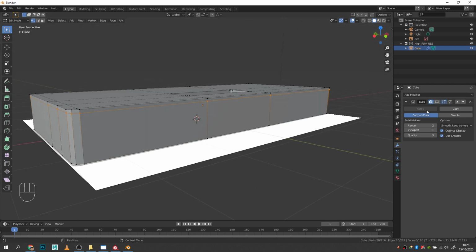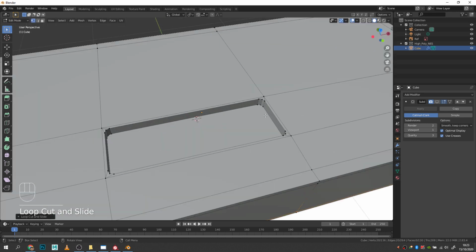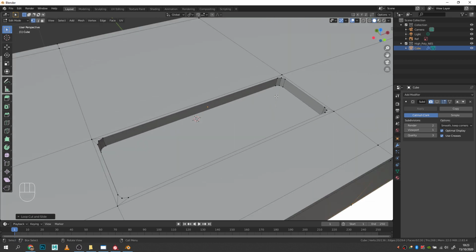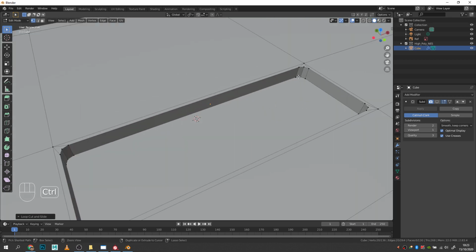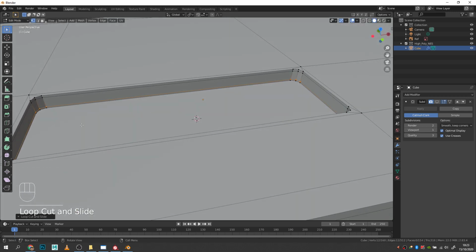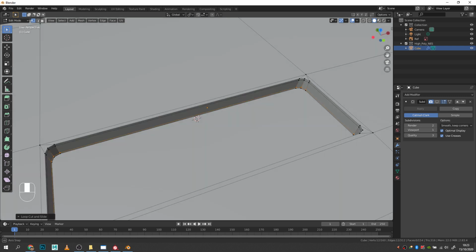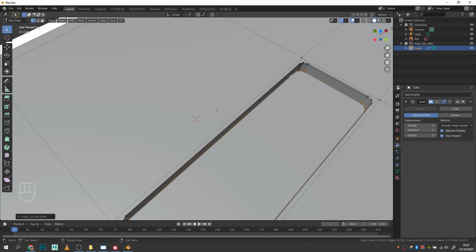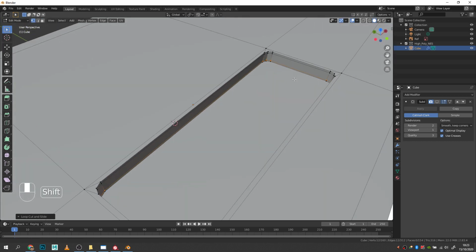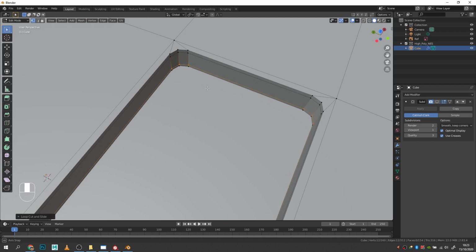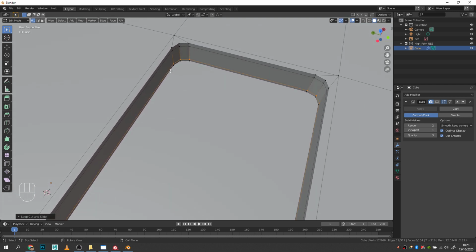Okay, so that's what we need to do around the rest of the asset. So I'm going to come off that mode again, I'm going to go Control R, and I'm going to put one down at the bottom here, and then around this guy here as well we need some, so I'm going to do Control R again, I'm going to place one just there, Control R again, I'm going to place one just there. And then this bottom piece as well needs to have, so you can see it's more than 4 sides, right? So there's loads of sides here, so we need to do exactly the same thing as we did at the top. So I'm going to zoom in on this guy a little bit,